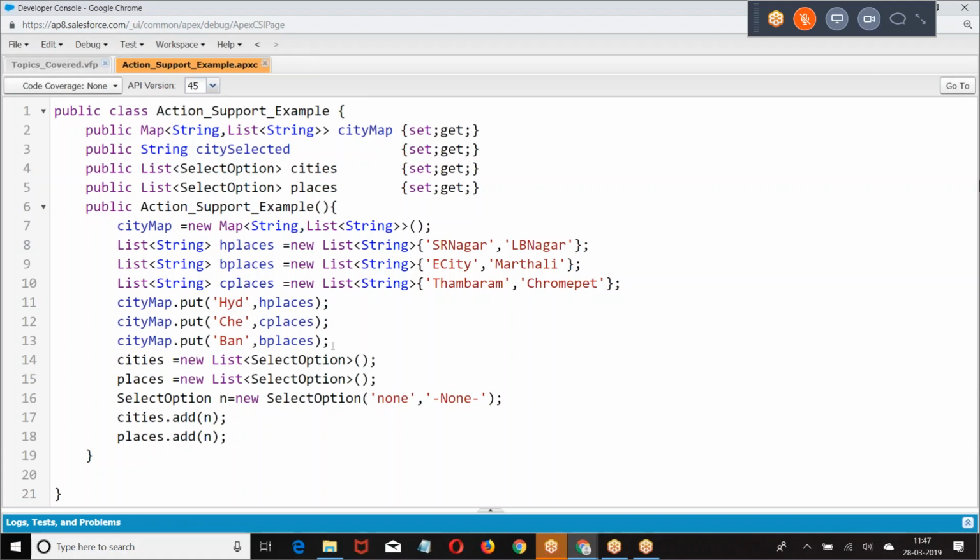Now in this code, if you have any query, let me know, boss. Till now I didn't use this. Simply what I told, create a pick list for cities, pick list for places, add the none option to city, add the none option to places. Any query on this? Let me create a VF page here.